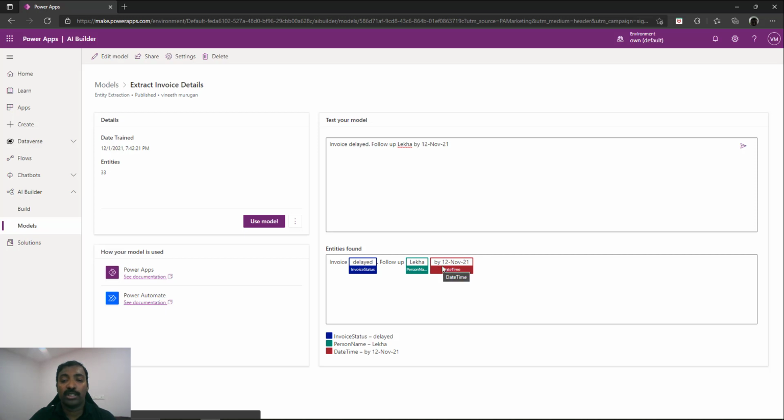If you see, there is a small thing: it is actually taking "by 12" also as a part of date time. So there can be small glitches like this, but once you use it, you can keep on refining it. So it's going to be an iterative process. It's not like one time you train it and you leave it as it is. As and when your input starts changing, you also have to keep on training your model so as to increase